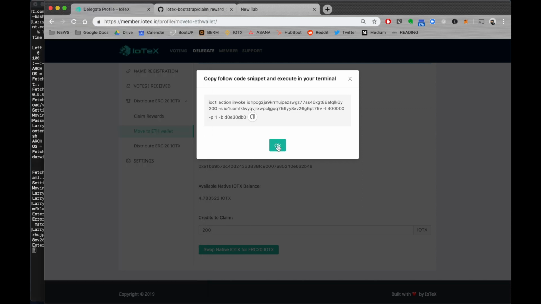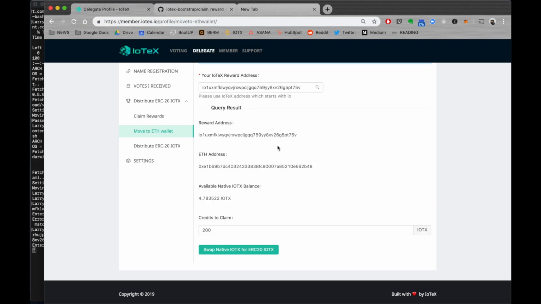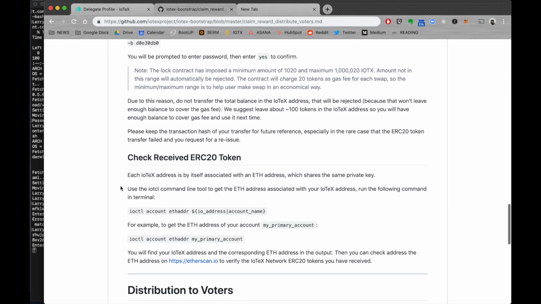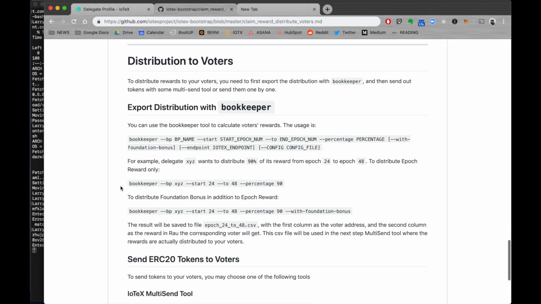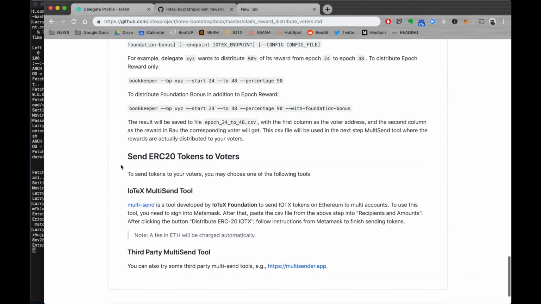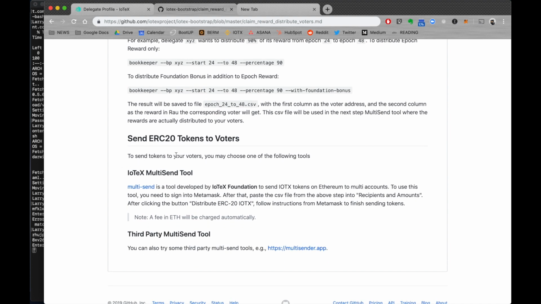So now that we've done the claiming and the swapping, the last part is how to distribute the tokens. So this is the last section here, distribution to voters. The few steps here are first to create a CSV file with the calculated voter rewards. And then finally, it's using our multi-send tool to distribute all of the tokens to all of your voters' Ethereum